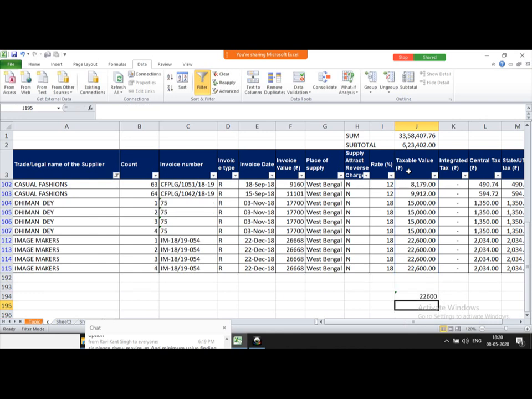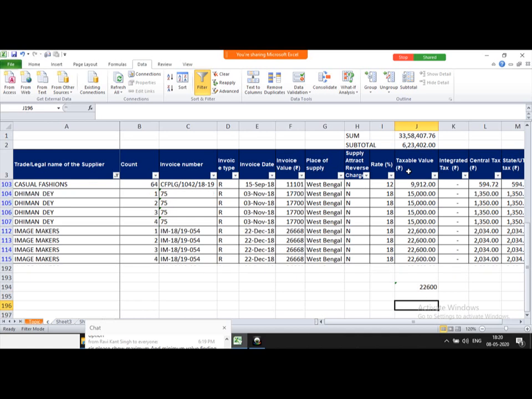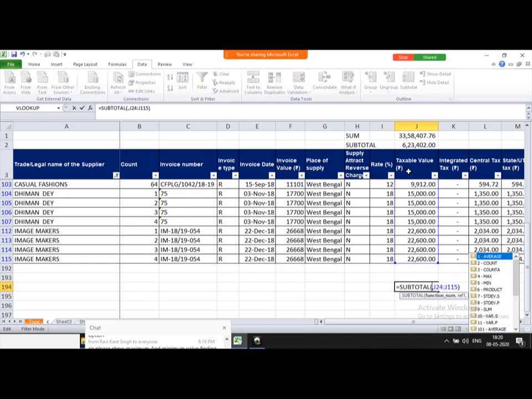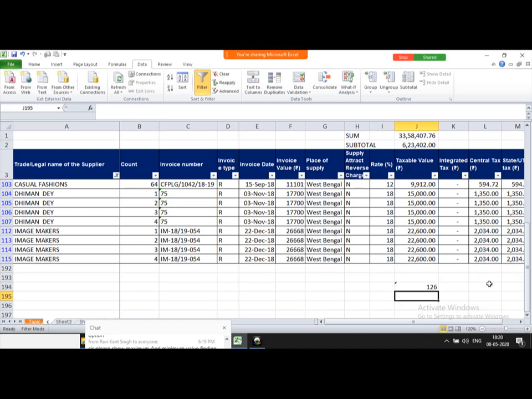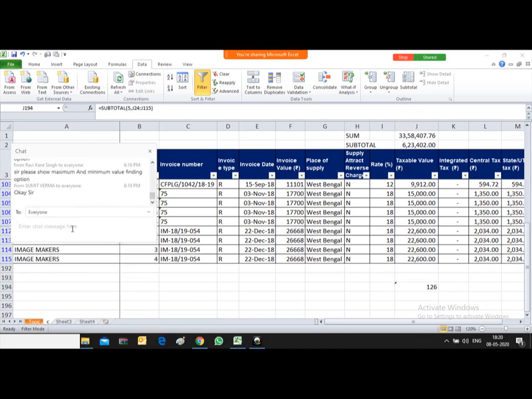So this 22,600 is the highest value among all the visible cells in the range I have selected. Then change this 4 to 5; 5 is for minimum value. Press enter, and this 126 appears. This shows how you can find the minimum value.